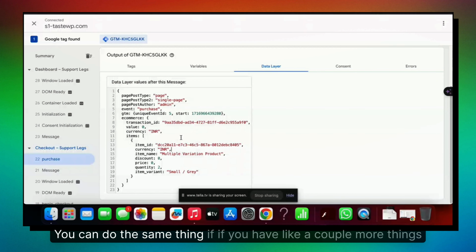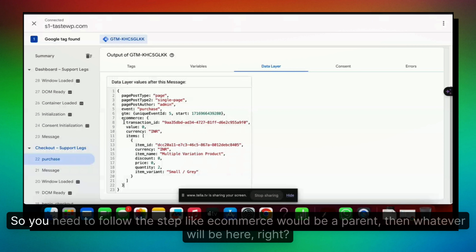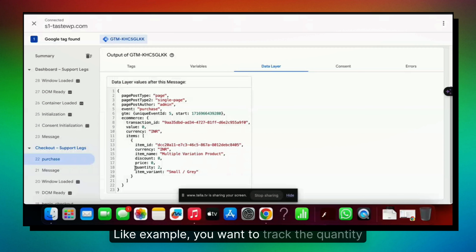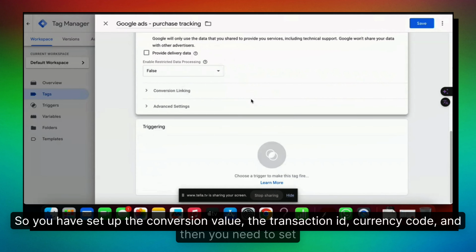You can do the same thing if you have a couple more things, and suppose something is at this stage on the 22nd line. So you need to follow the steps, like e-commerce would be your parent, then whatever will be here, right? Like for example, you want to check quantity. So e-commerce dot items is the next parent, dot quantity would be your variable. Cool. So you have set up the conversion value, the transaction ID, currency code,